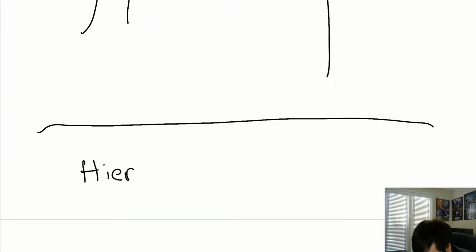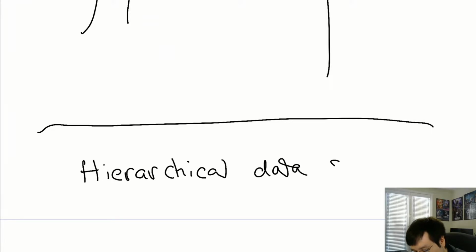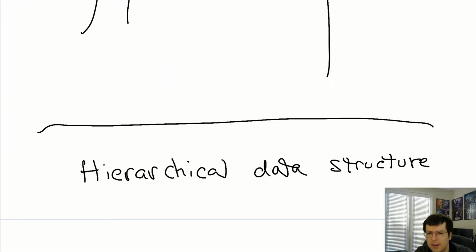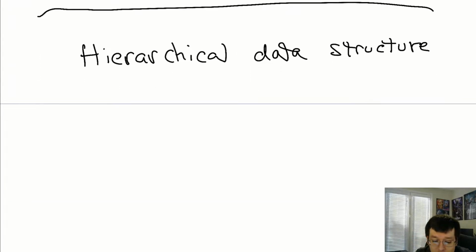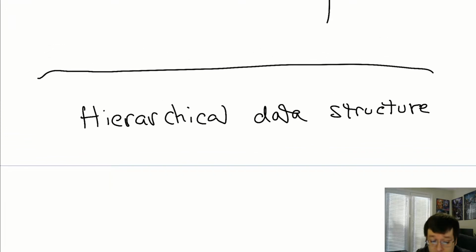And I don't know if I pronounced that correctly, because it is kind of a fancy word, hierarchy. But I'll write it so that you all can figure out how to pronounce it later. Ask your English teachers. Hierarchical, I think is right. Okay? So trees are hierarchical data structures. Now, what does that mean, hierarchy? Hierarchy is like, it's harder to define it without actually showing a tree, because that's the best example.